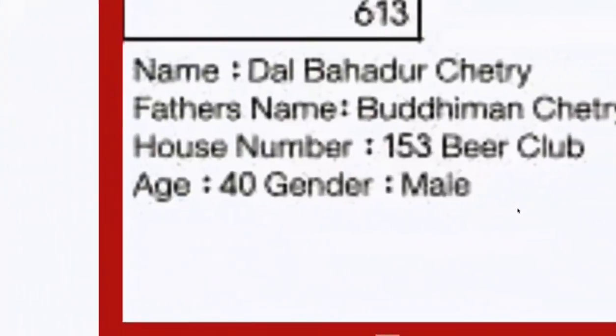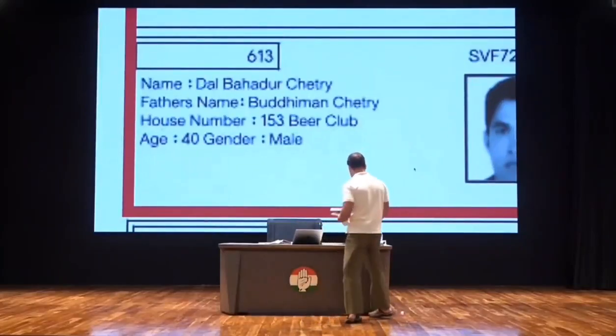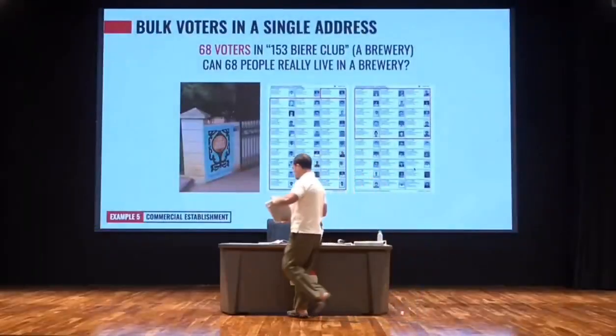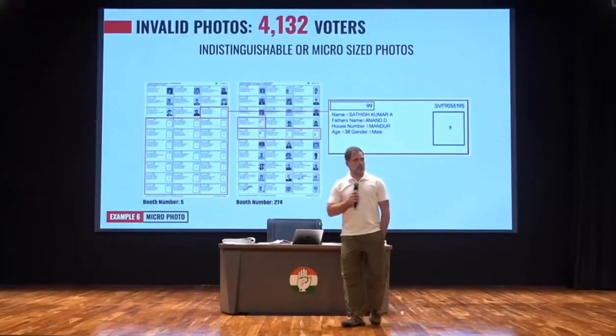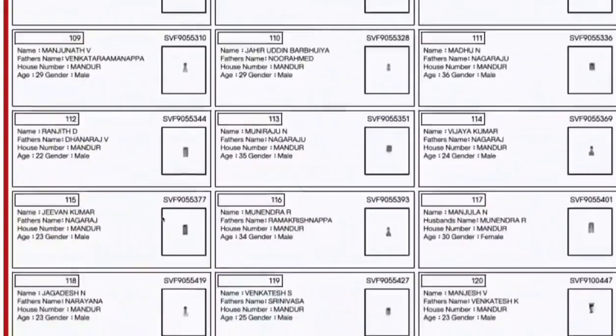And that's fake and invalid addresses. You can see. All lies. Total lies. These guys don't exist. Okay? Next. Invalid photos. There are 4,000 voters. Show the photos. These are the photos. Either no photo or a photo that is so small that